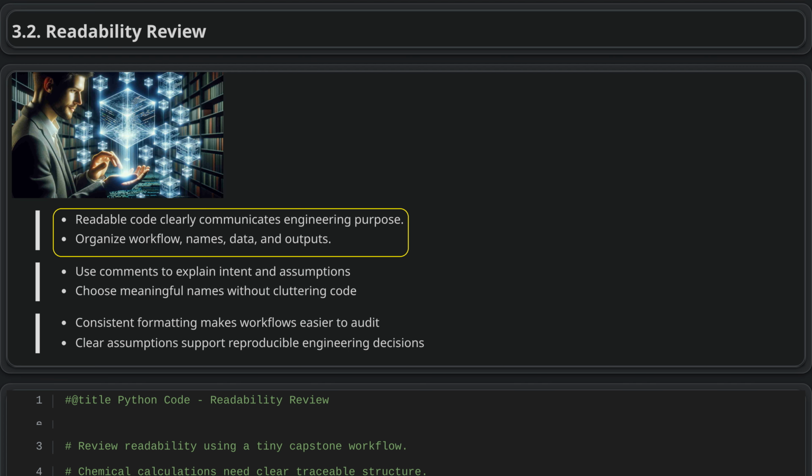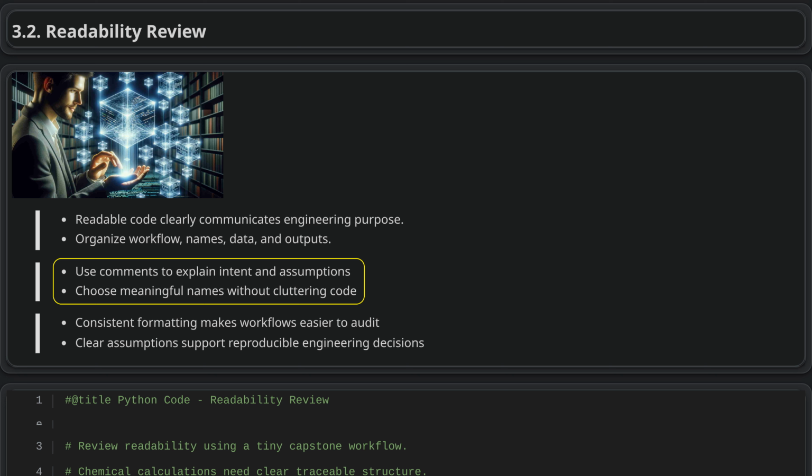A good script makes the problem, inputs, calculations, and results easy to identify without examining every line. Readable code clearly communicates intent. Comments should explain why decisions are made or what assumptions matter, rather than repeating what the code does. Use concise names that reflect the engineering meaning of the data, so teammates can understand and safely modify the script